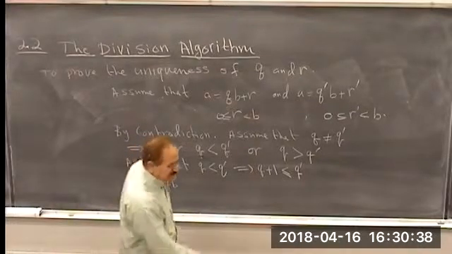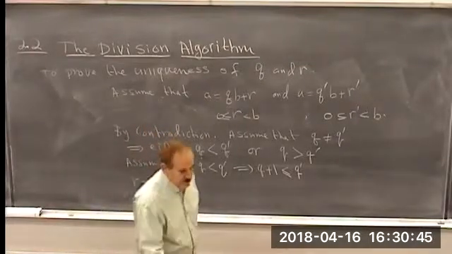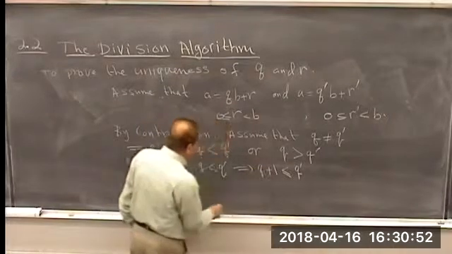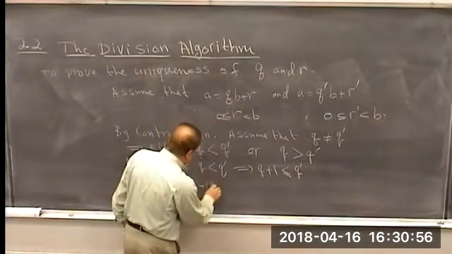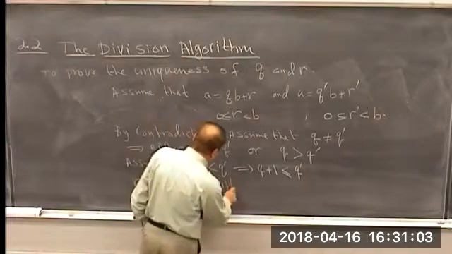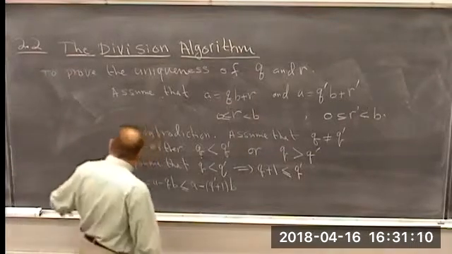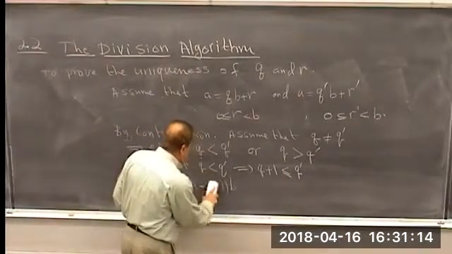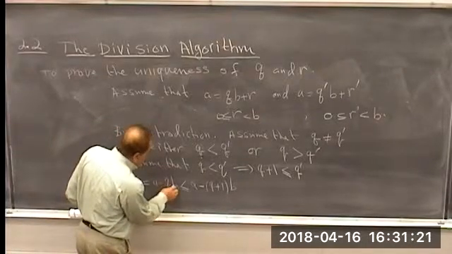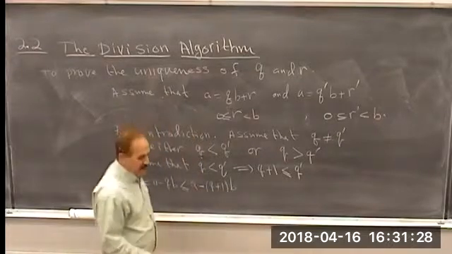So I can say this is less than or equal to A minus Q prime B. So I am subtracting from A a bigger number, and this would make